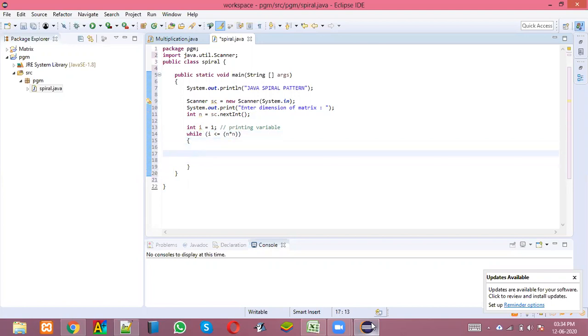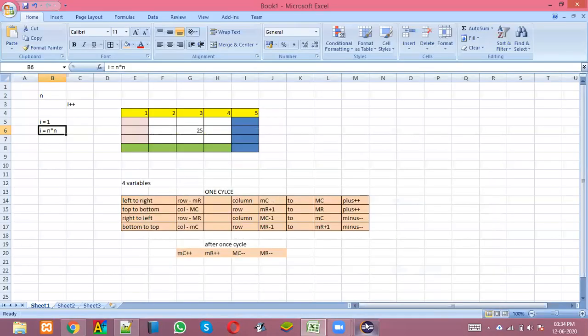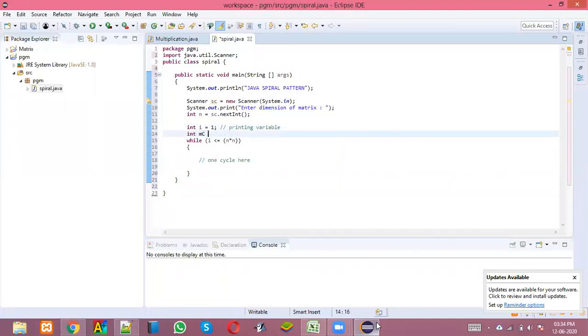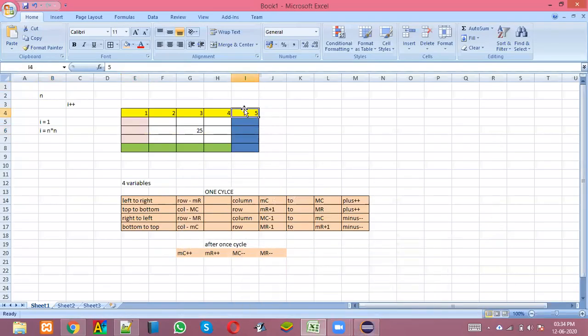Now we have to write all the operations inside one cycle. Before we do that, we also need to initialize all the pointers. Now, minimum row will be 0, and minimum column also will be 0. What will be the maximum column? Maximum column will be here. This is 0, 1, 2, 3, 4. What is 4? 4 is nothing but n minus 1.